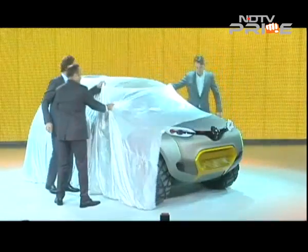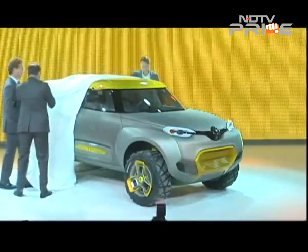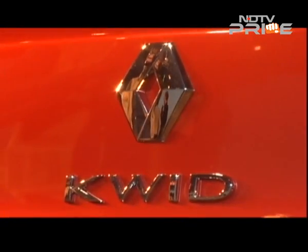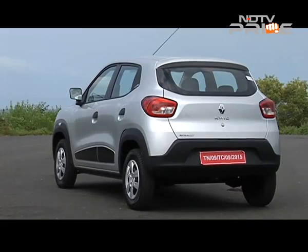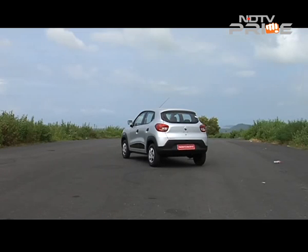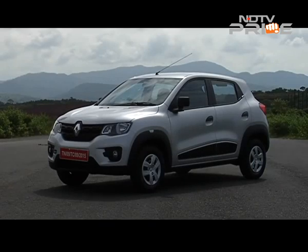The Kwid concept was shown at the Delhi Auto Expo in 2014, and we also drove it. At the time, everyone figured Renault was going for the subcompact SUV. But it was instead a crossover-styled hatch, a car that draws inspiration from Renault's one big hit in India, the Duster. The Kwid looks every bit the baby Duster,